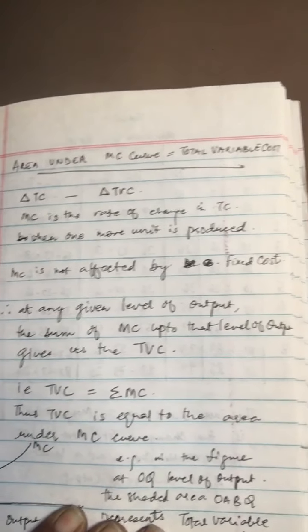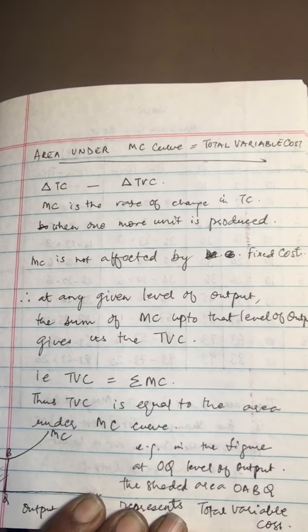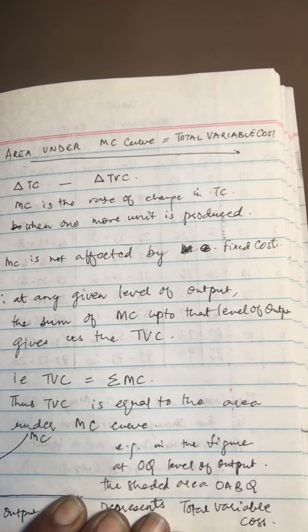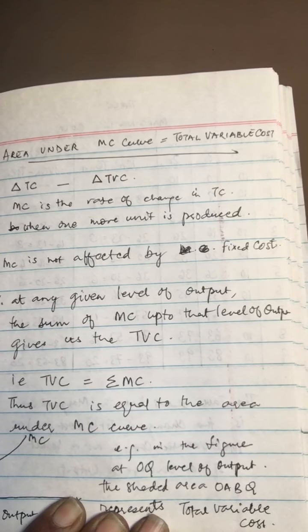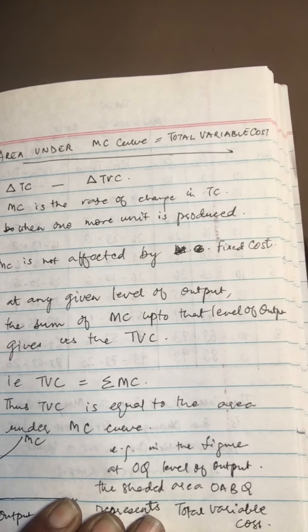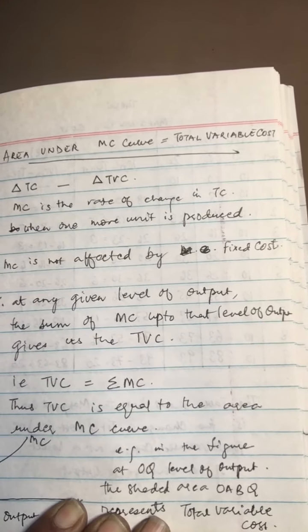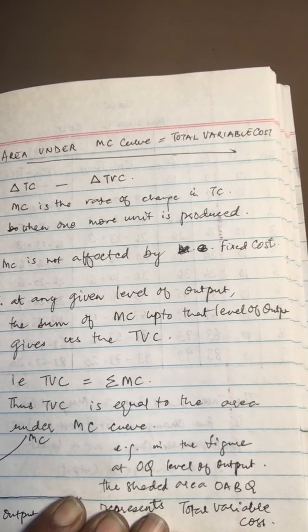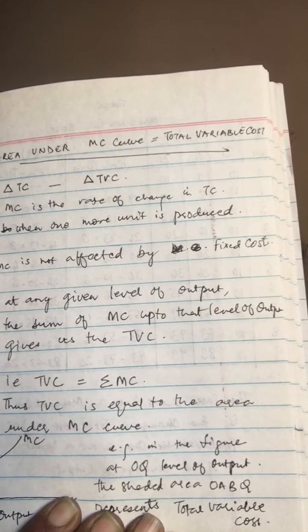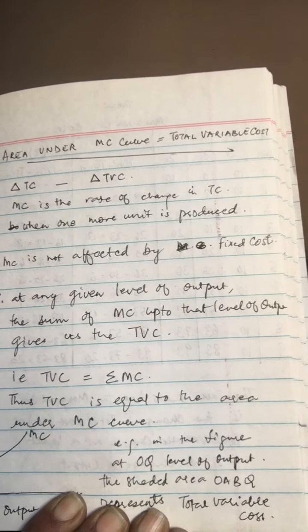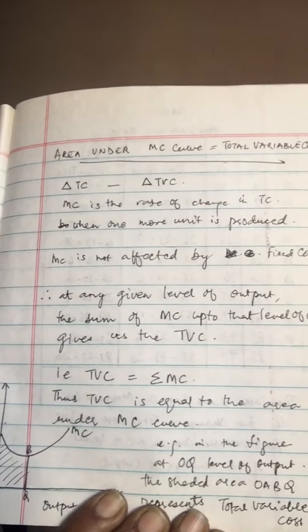So in this you can notice that marginal cost is the addition to total variable cost when one more unit of output is produced. So total variable cost can be obtained as a summation of the marginal cost of all the units produced. If output is assumed to be perfectly divisible, then the total area under the marginal cost curve will be equal to the total variable cost. As you can see in the figure, the shaded area is total variable cost. So that means you can derive total variable cost from here.